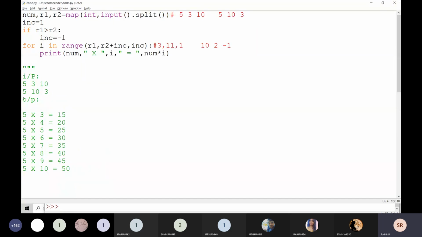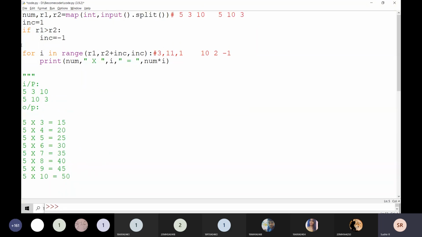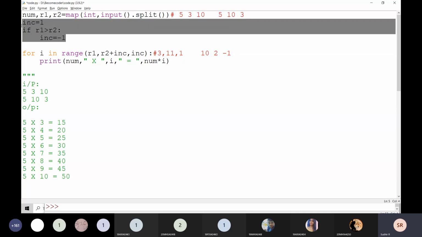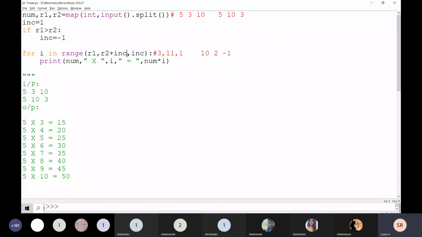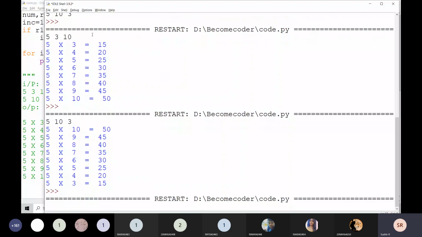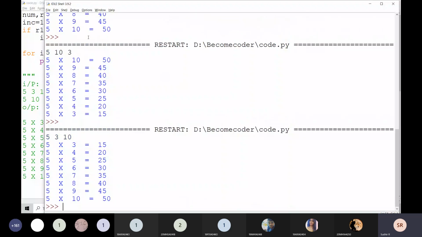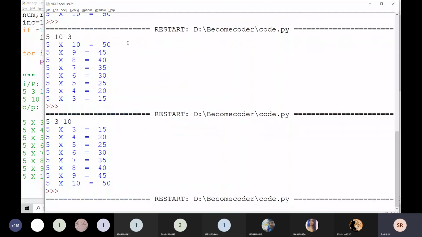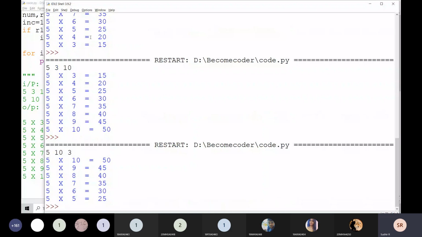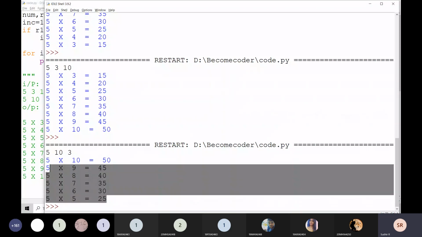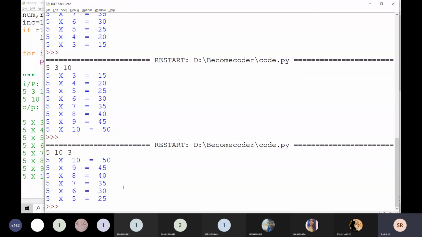Do you understand what I'm writing here? Just simply with only one variable, I change everything here. Why are you writing inc, sir? For example, if I write like this and execute it, if this is the input, yes, it is executed normally. If I execute with this input, I want to print up to 3 here, but it is going to stop at 5 only.